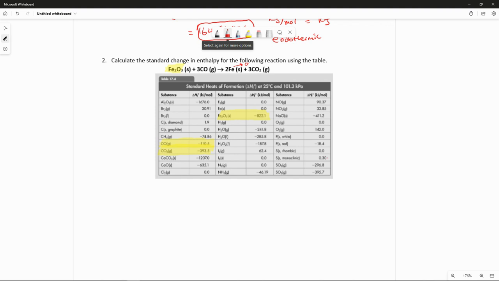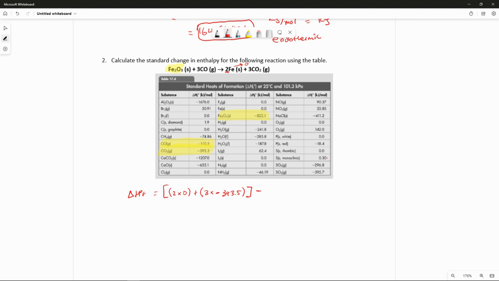Same thing as number 1, we're going to grab our equation, delta HF equals product minus reactant. So we take the product, in parentheses, we have a 2 in front of the Fe, times we know it's 0, plus the other product, 3 times CO2, which we figured out was negative 393.5 on the chart, minus